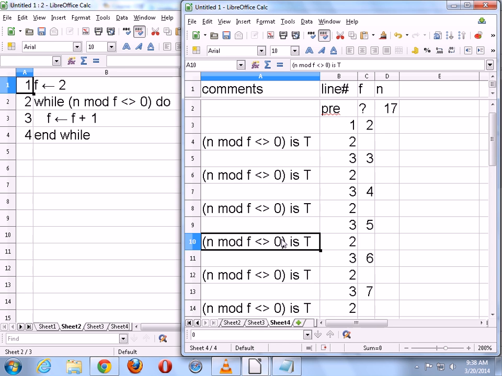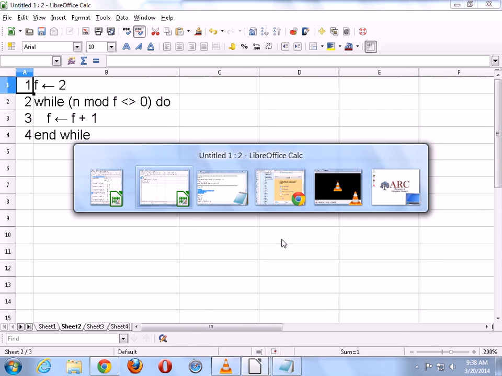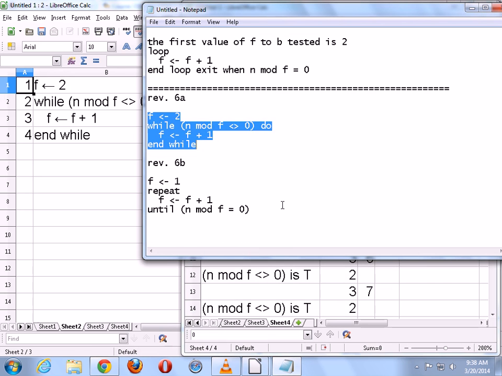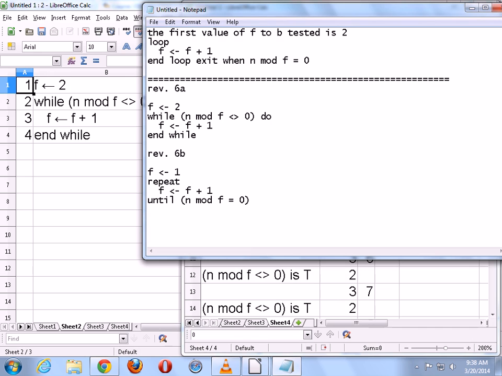So the question now is, why can I do it like that? Why can I stop just at the square root of n, which is the number that I'm supposed to find a prime factor of? That has to do with something that we may not have mentioned in this class before. So let me give you a particular statement, and you can tell me whether you think it is true or not. Here's the statement.